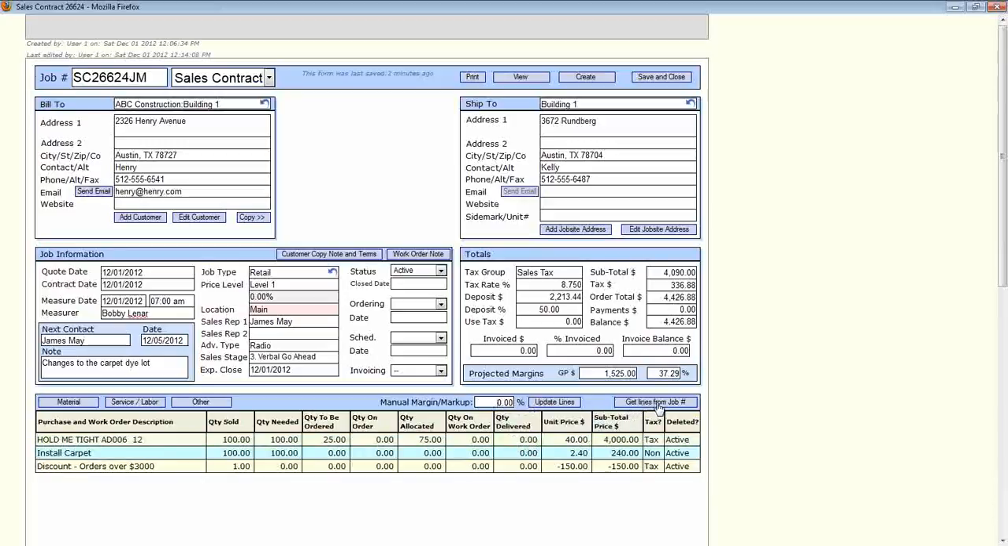Get lines from job number allows you to pull line items from another job. So instead of having to enter all of the job line items manually, you can get the lines from another job number and then just change the details of them. It saves a lot of time on data entry, especially in